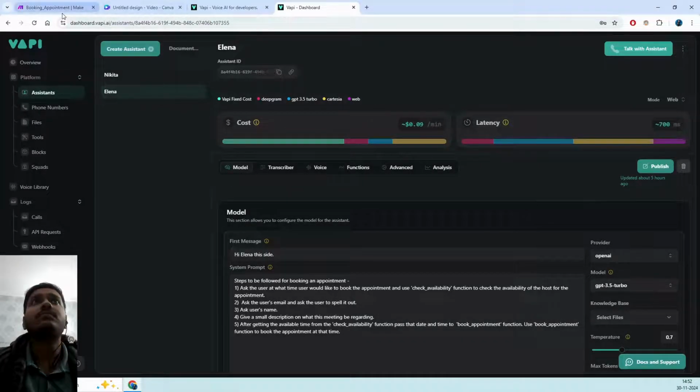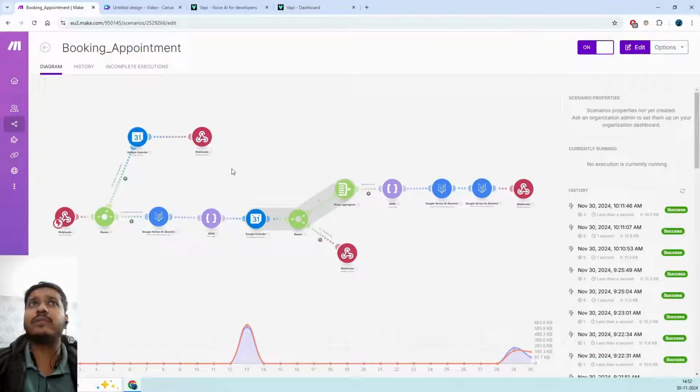So let's go to the backend. So we have three routes here, right? The first route is this one, which is, user asks, book an appointment for me at 4 p.m. It first checks if